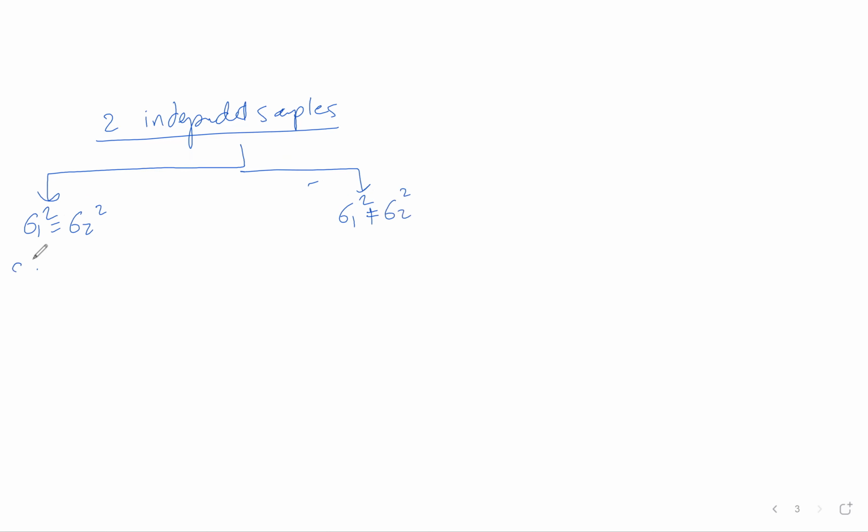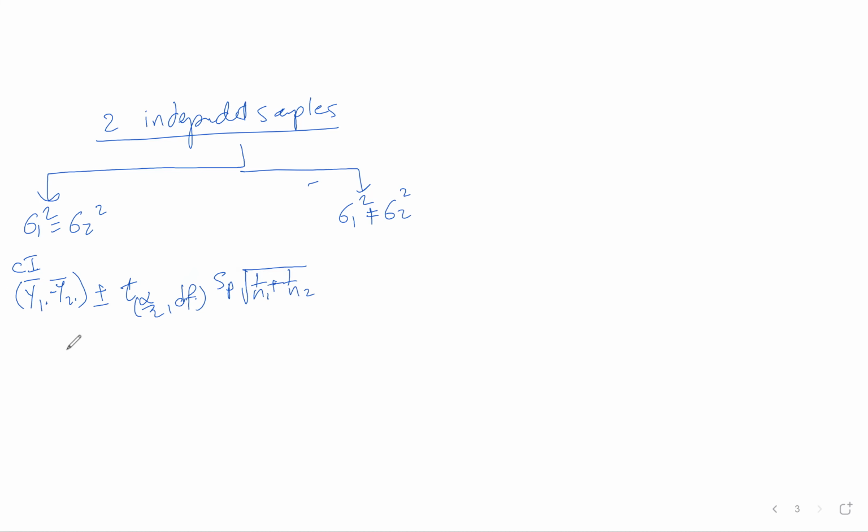For the confidence interval, the formula for sigma 1 square equals sigma 2 square is y1 dot bar minus y2 dot bar plus or minus t at alpha over 2 and degree of freedom. This one from the t distribution table should be given in the exam, times sp times the square root of 1 divided by n1 plus 1 divided by n2.